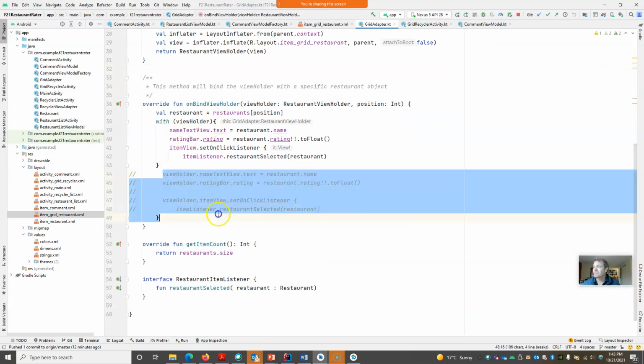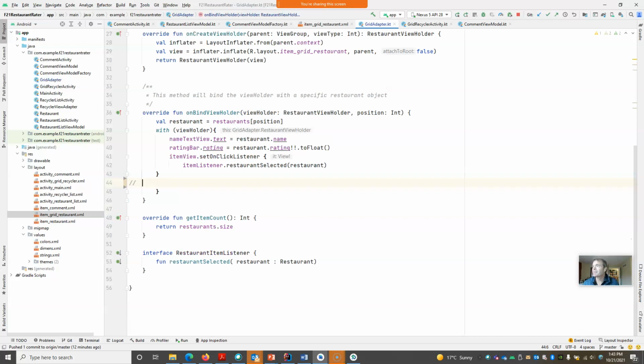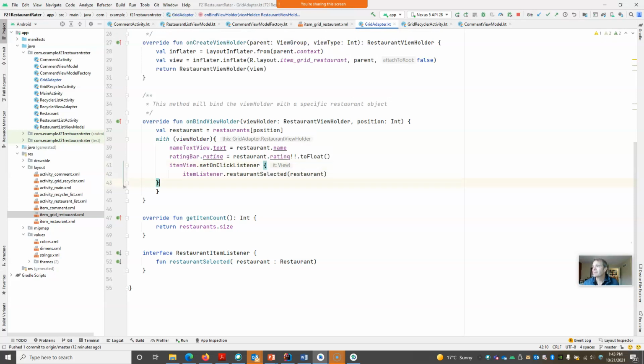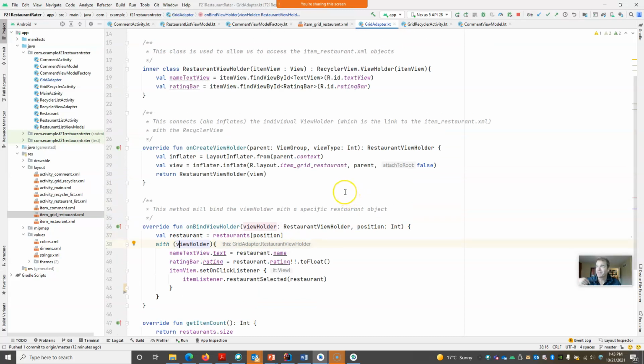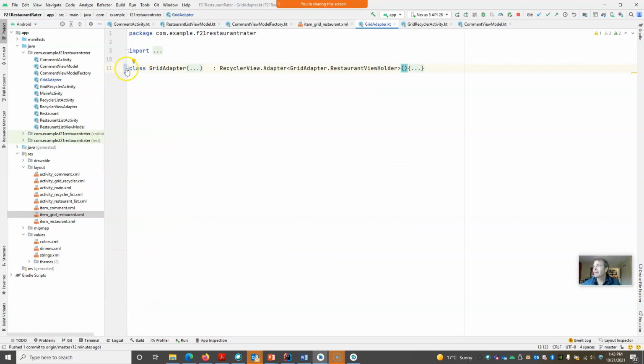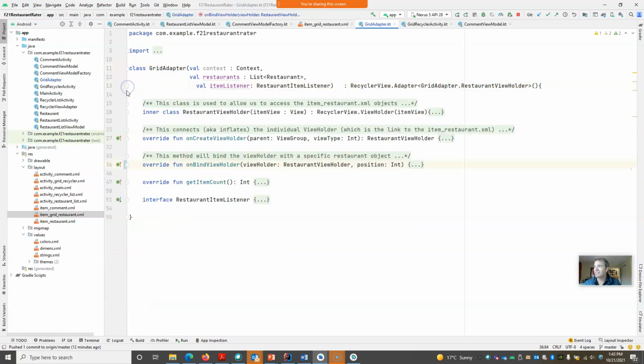I'm just going to remove those lines of code because I feel like they could be confusing people. So inside that adapter, we're going to keep looking at this at the high level because I feel like it's actually easier to look at it that way. So at the high level, this adapter